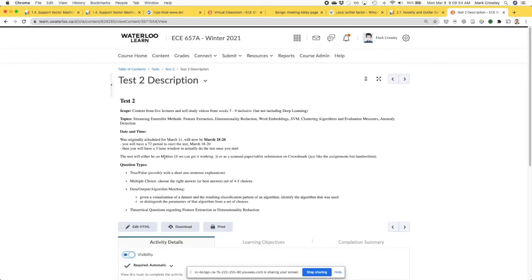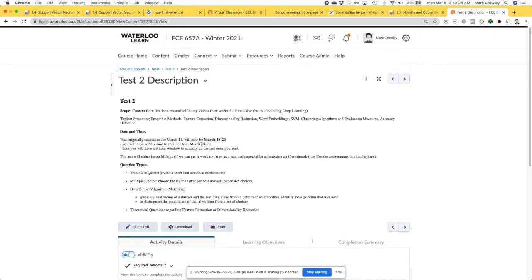If I can get Mobius working, which is this other way of doing question answer, and it's a little easier to control, then I'll use that. But if not, it'll just be something where I send you a PDF. You can write down your answers in LaTeX or on paper, take pictures, or save a PDF and post it back up to CrowdMark. That obviously takes us longer and is harder to grade, so we'd rather do Mobius for it. But again, it's about having it all be consistent.